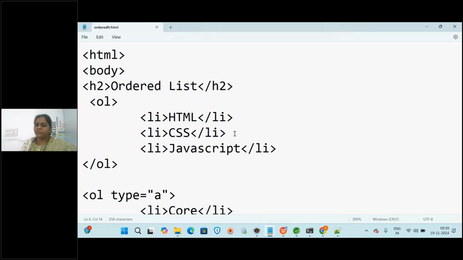Again, when you're talking about JavaScript, you'll be learning that as one module, but additionally you have jQuery, JSON, like that, where you can add. So when for one module, sub modules are there, then you want what? Nested list. Yes or no? So like that, whenever you are creating one more list inside one list, it is called what? Nested list. Okay. So before that, first let us see unordered list also, then we will see the nested list. Okay. Ordered list clear?